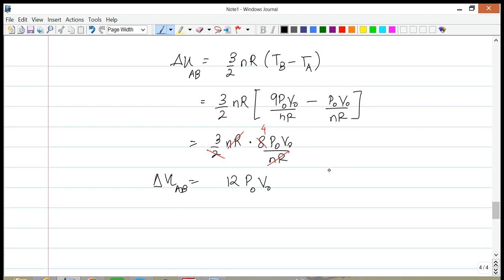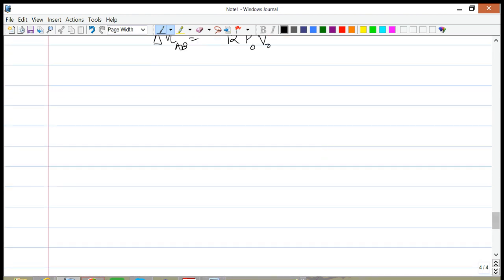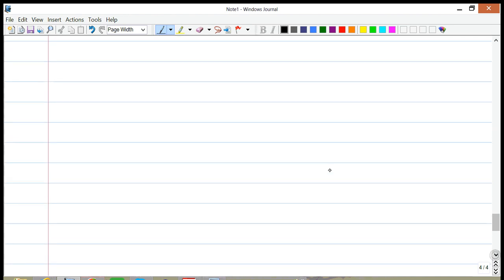Alright, so that's what you do. Now, I want to point one thing out here. The U is only dependent on the temperature, okay, for the monatomic ideal gas. For ideal gases, that's what it does. It depends only on the temperature, and as a result, okay, for a cycle,